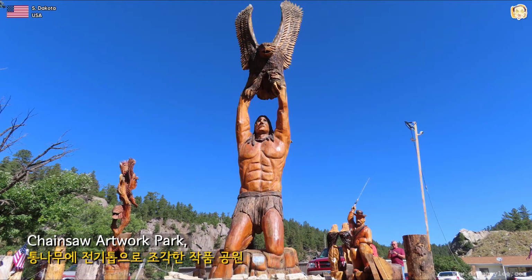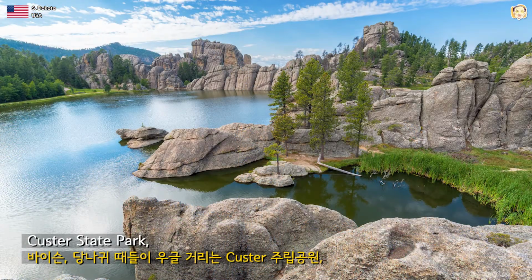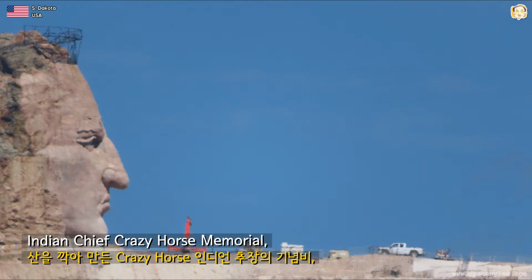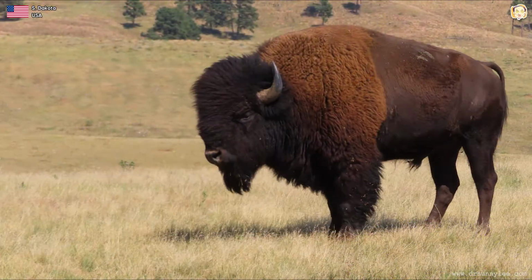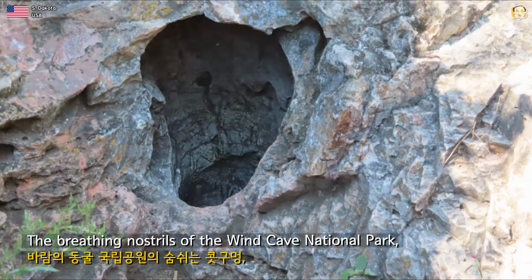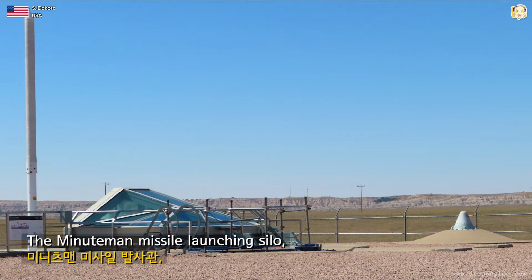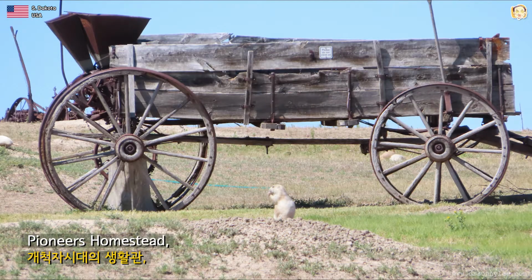Chainsaw Artwork Park, Custer State Park, the Indian Chief Crazy Horse Memorial, Prairie Dog Canyon, Bison Habitat, the breathing holes of the Wind Cave National Park, the Minuteman Missile Launching Silo, Pioneer Homestead,